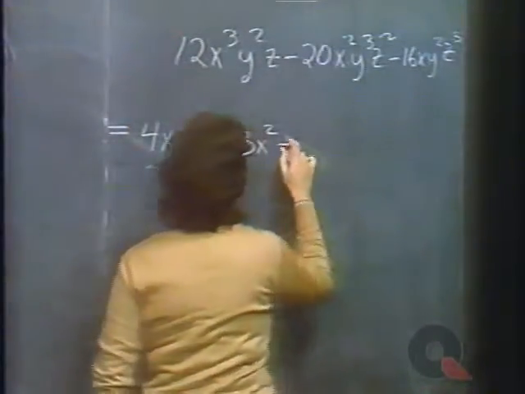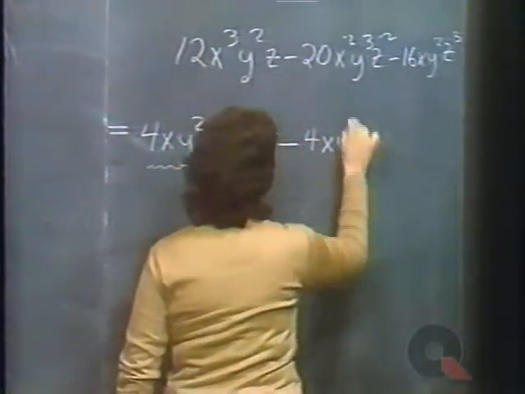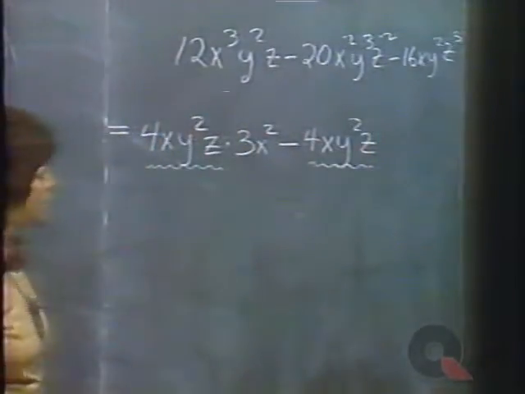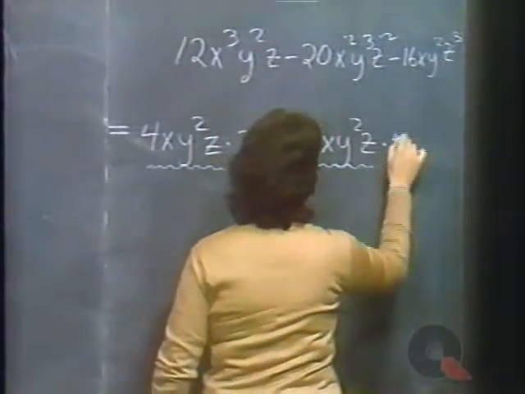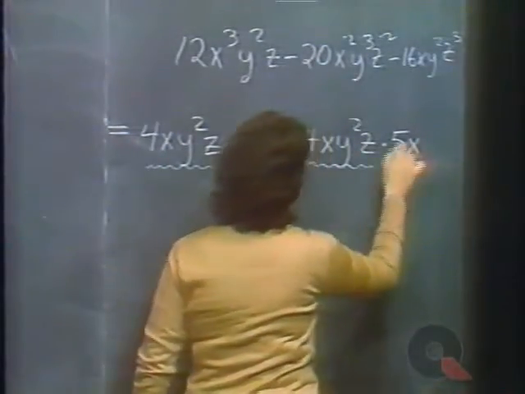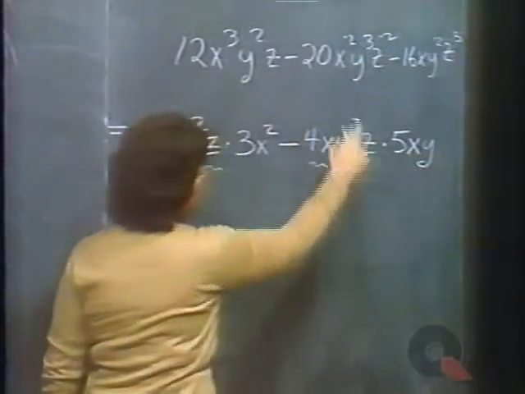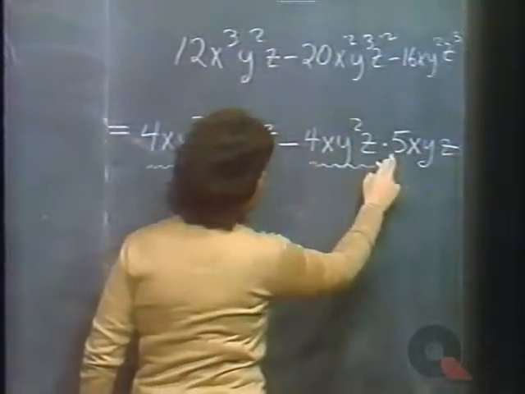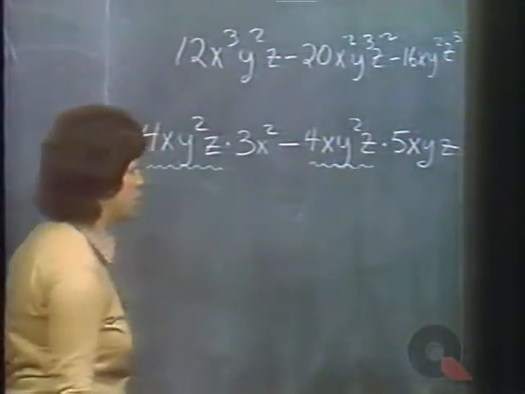Minus, now let's write this as 4xy squared z. Writing the second term as 4xy squared z times something. To go from 4 to 20, we would have to multiply by 5. From x to x squared, we'd have to multiply by x. From y squared to y cubed, we'd have to multiply by y. From z to z squared, we'd have to multiply by z. Multiplying this out, we would get 20x squared y cubed z squared, which is the second term, with a minus